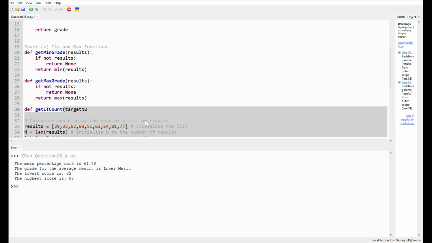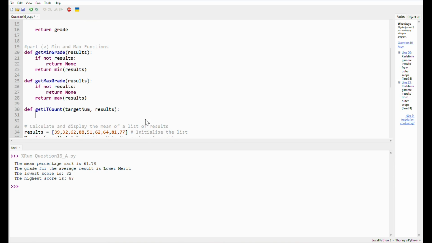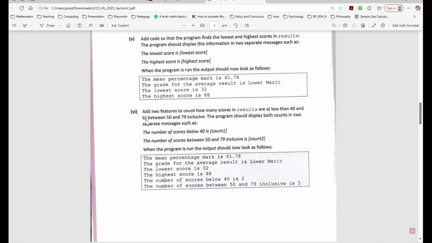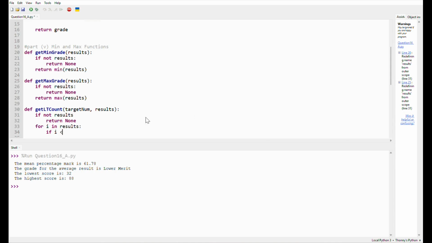Target number and results. Okay, so I'm passing in the array into this. So if not results, just in case, return none. Otherwise, what am I doing? I'm basically going through the whole list for i in results. If i is less than, sorry, is it less than or equal to? Less than 40. Less than target number,